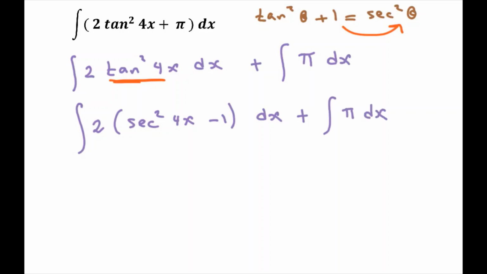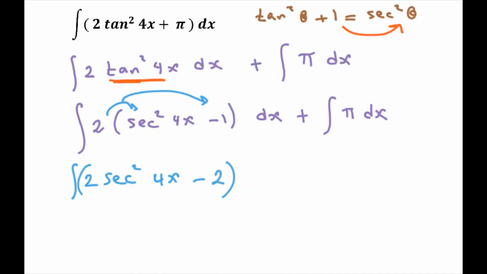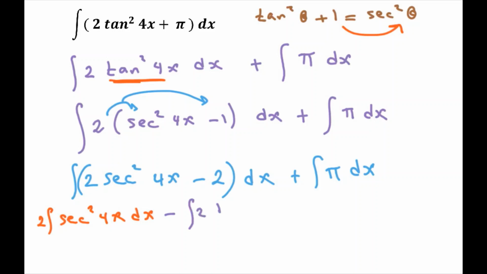Now you can expand the 2 to secant squared 4x minus 2 dx plus pi dx. Now again you can expand or split the integration. 2 secant squared 4x dx minus 2 dx